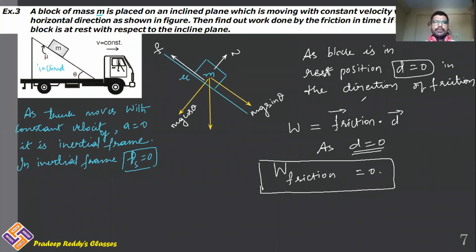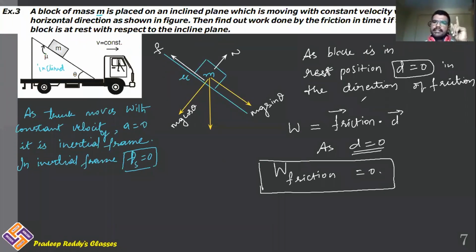You should not be confused. There is nothing to get confused about here. Velocity is constant. There is no pseudo force acting on the object, and displacement of the block is 0. That means the body is neither coming down the inclined plane nor going up. The contact force is between the wedge and mass m, so frictional force acts only at that particular point. As friction is acting there, work is non-zero if there is some displacement of the block. Here displacement of the block is equal to 0. It is not sliding on the inclined plane.